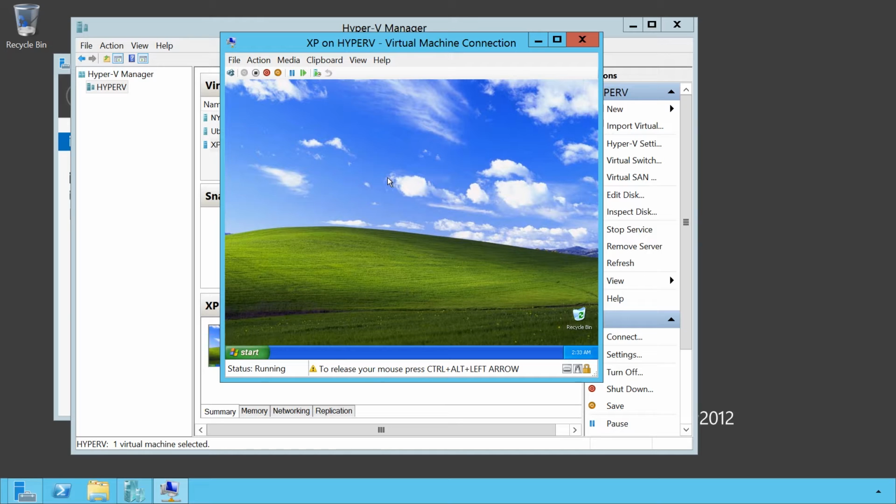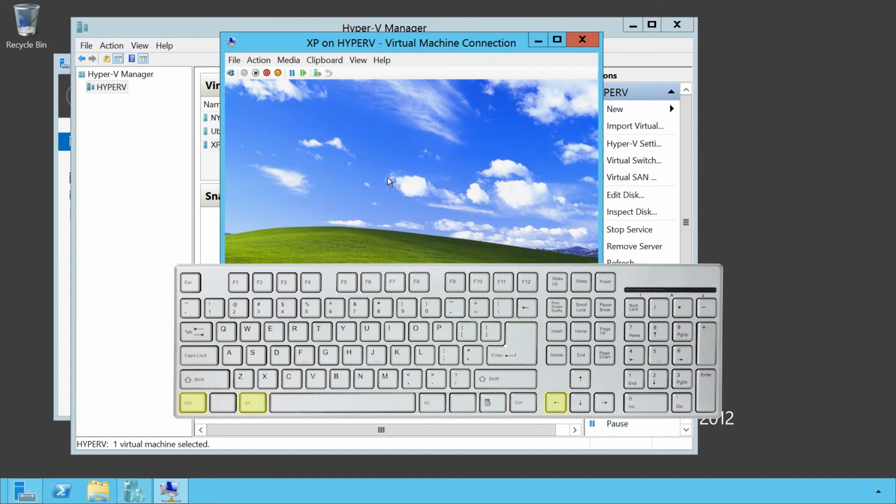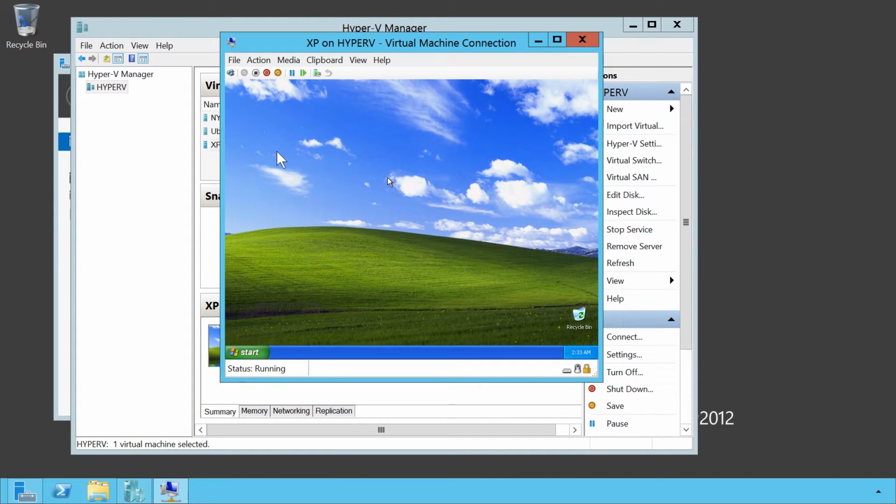To use the mouse with the operating system, it needs to be released from the virtual machine. To do this, I first need to press the keys Ctrl and Alt, followed by the left arrow. Notice that once I press these keys, the mouse has been released, and the other mouse pointer used by the operating system is still present. What essentially happens is that when you click on the virtual machine's window, the virtual machine captures the mouse, and it cannot be used for anything else except in that virtual machine until you press Ctrl, Alt, and the left arrow to release it.